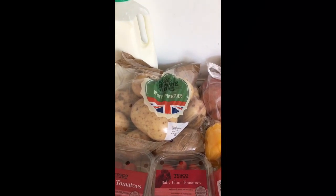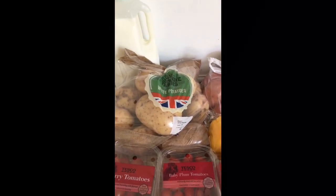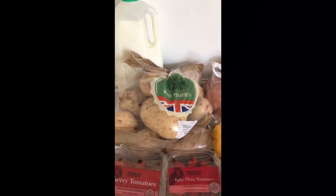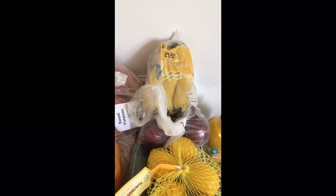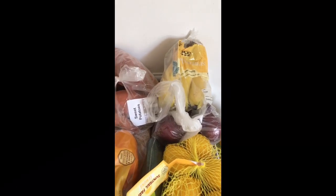I got some potatoes. They're mainly for jacket potatoes and for wedges, so I bought some that are a bit versatile. I've got some sweet potatoes there, again more for wedges than anything, but I might do a bit of sweet potato mash for my little boy. Some bananas at the back, some red onions for a few of the recipes that I'm going to be doing,